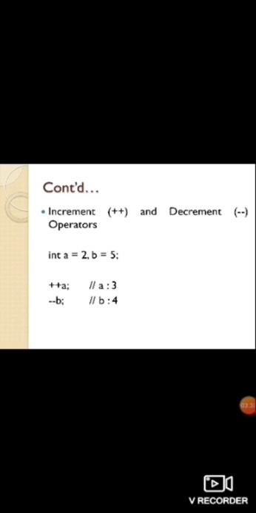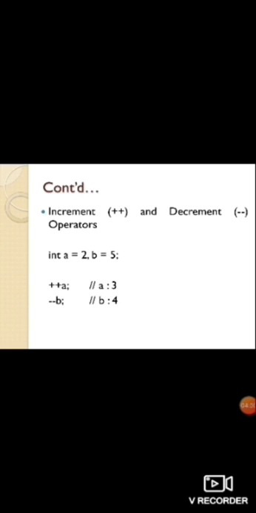For example, here we are declaring two variables a and b, whose type is integer. Now a is assigned 2 and b is assigned 5. When we use the statement plus plus a, the value of a is incremented by 1. As the value of a is 2, a plus 1 means 3.